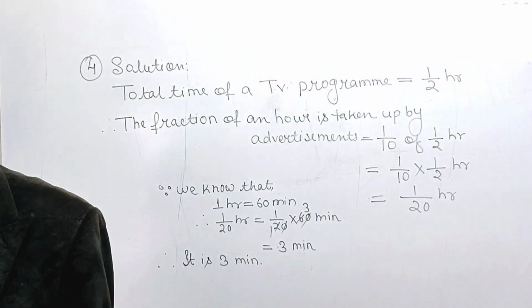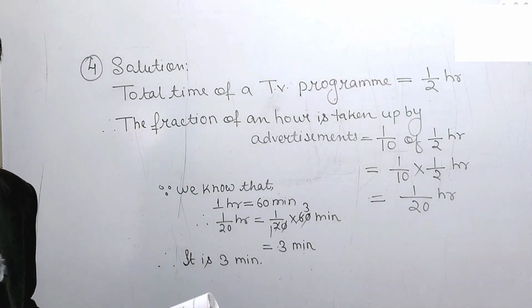ये हो गया तुम लोग का आंसर। चेक करो आंसर बुक में करेक्ट है या नहीं है। Now next move to the question number 5. The cost of 1 kg salt is 10 rupee half. What is the cost of 2 1/3 kg salt? So here is given hint. The hint is that first convert the mixed numbers to improper fraction.